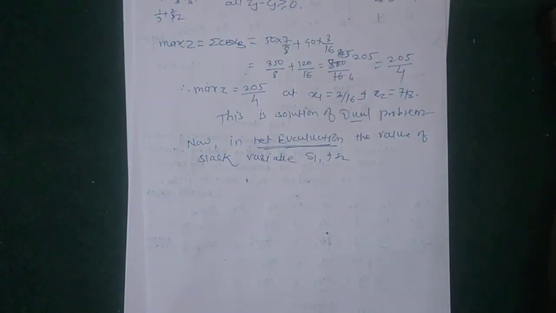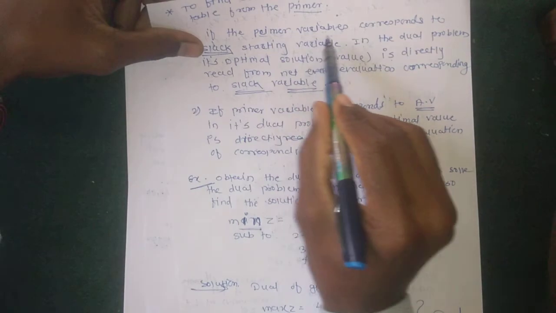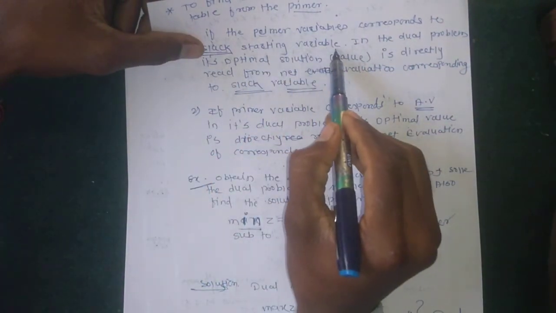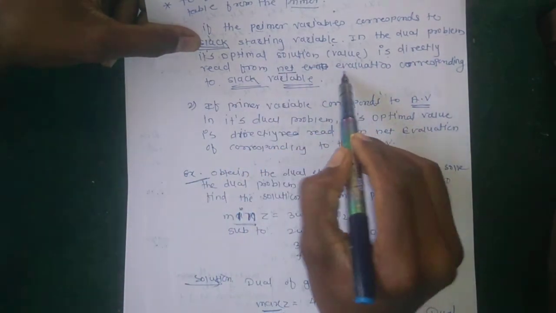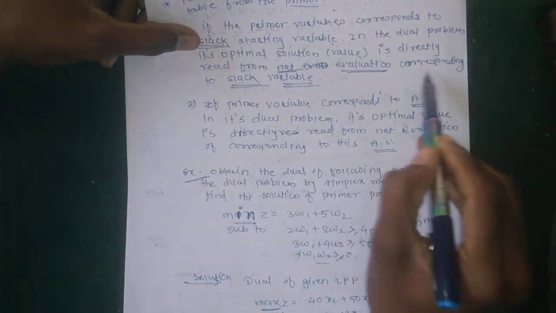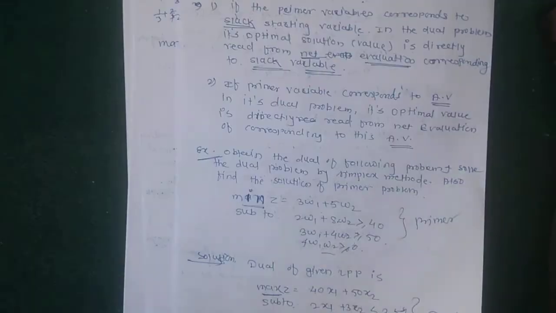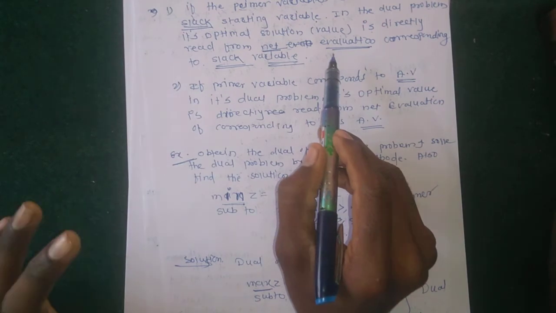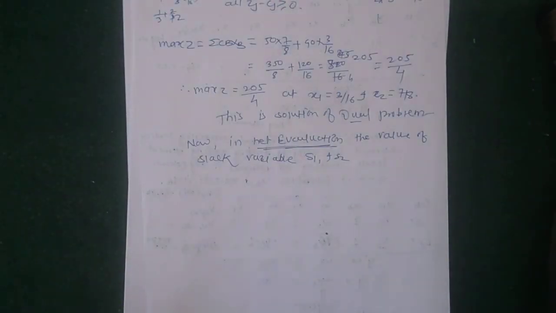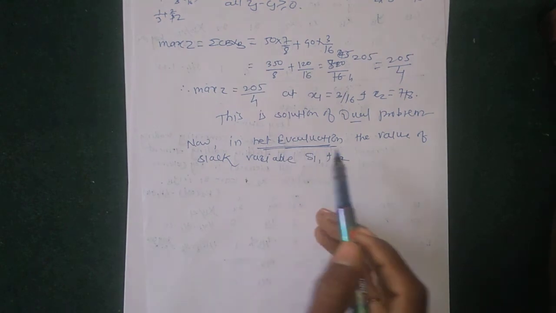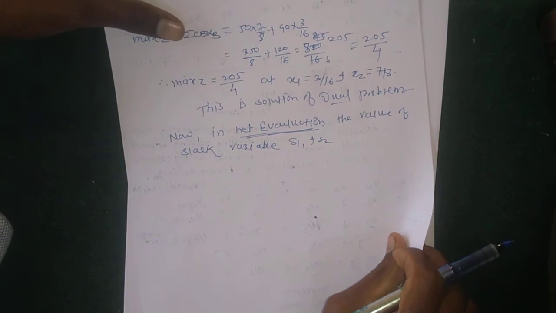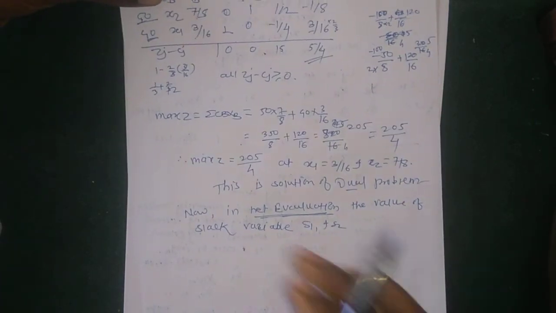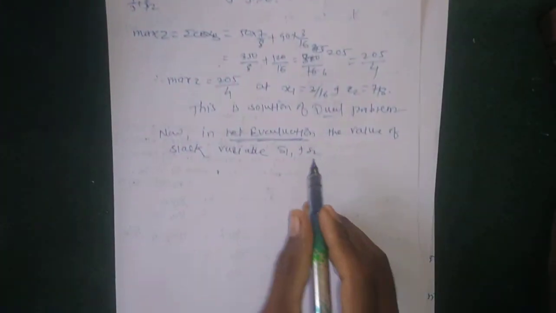Okay, so here, given that the primal problem corresponds to a slack variable, a starting variable in the dual problem, its optimal solution is directly read from the net evaluation corresponding to the slack variable. We have to find the value of the slack variable in its dual problem. Okay, so now in net evaluation, the values of slack variables S1 and S2 are